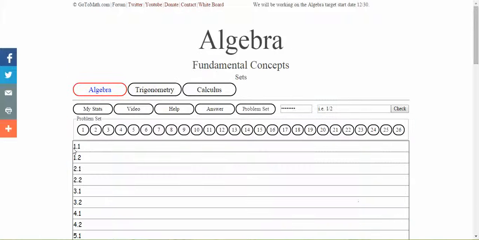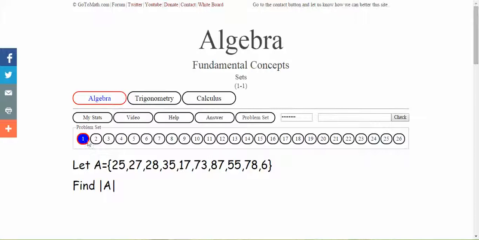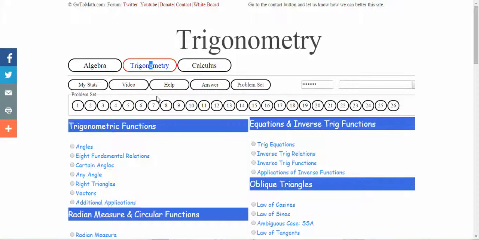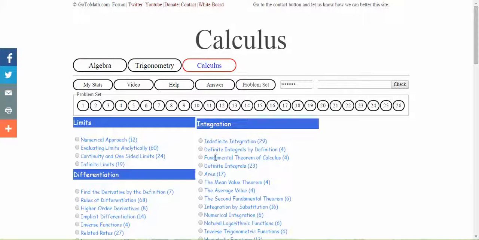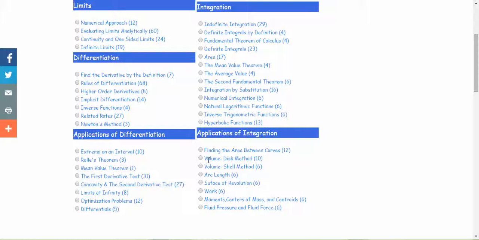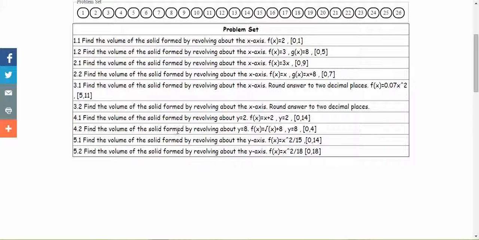Actually, I think sets. Okay, but that's about it. Trigonometry, there's nothing there. Calculus is the only subject that we've actually been working on, and so we've got problems up to this point. I think up to the disk method is what we have completed